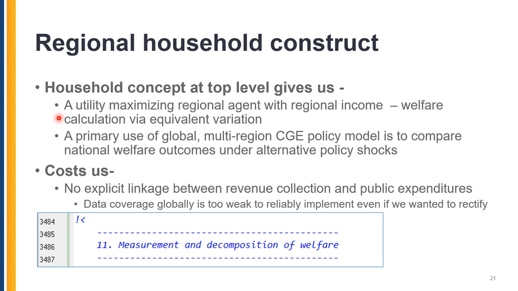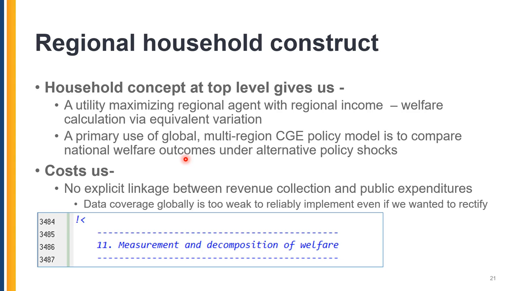That is the goal, because a primary use of global CGE policy models is to compare national welfare outcomes under alternative policy approaches. And so having that consistent top level regional utility measure gives us that EV, or that money metric version of welfare,